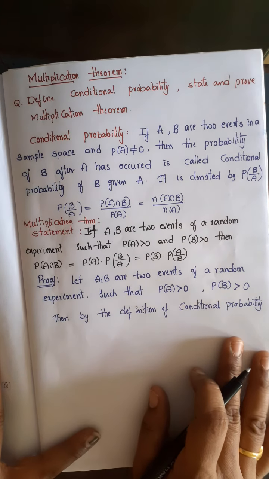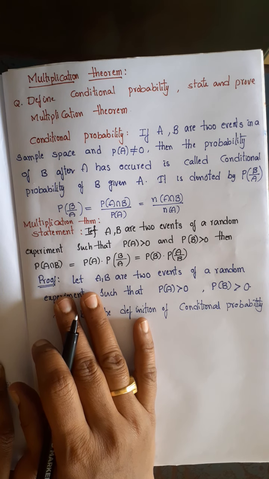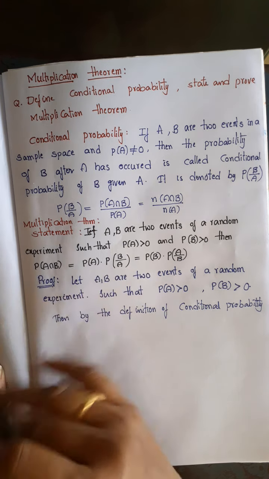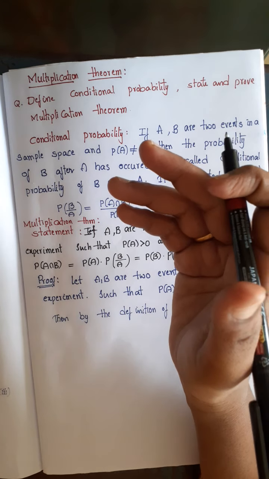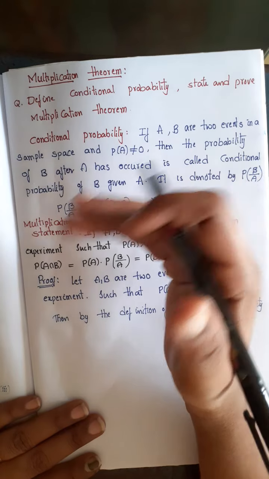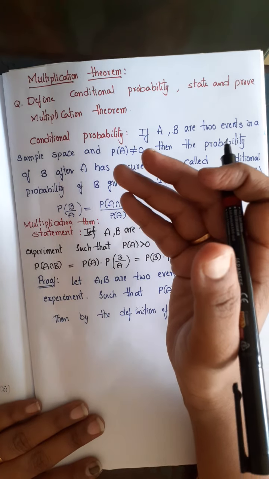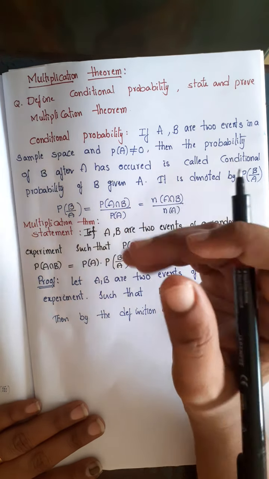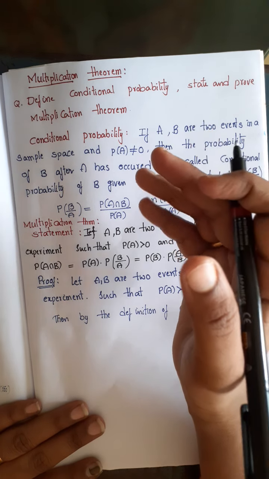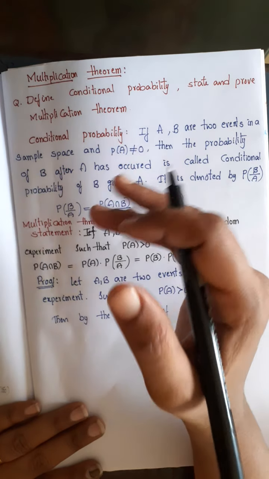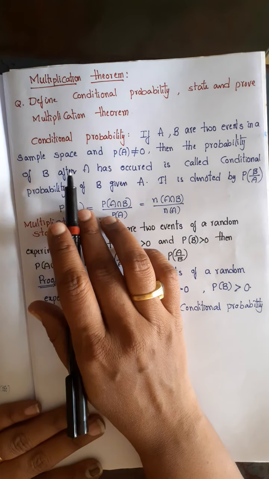Let's go through the next theorem, the multiplication theorem. The multiplication theorem is related to conditional probability actually. Conditional probability means first one event should occur, then only another event will occur. Suppose if you have a hall ticket only, you will enter the exam, you will be permitted to write the exam, right? So here first you have to take the hall ticket, then only you can go to the exam hall, right? In that way one event is depending on the other. In such situations the probability is called conditional probability.